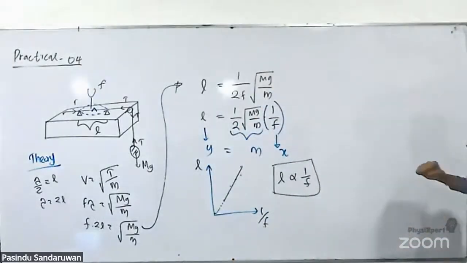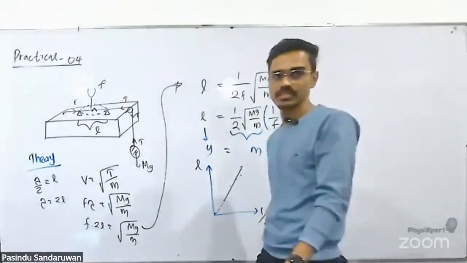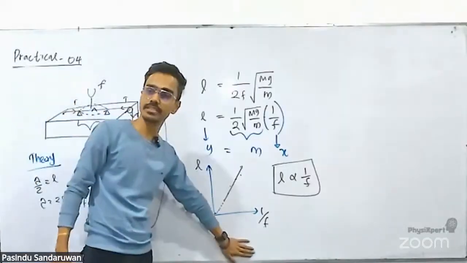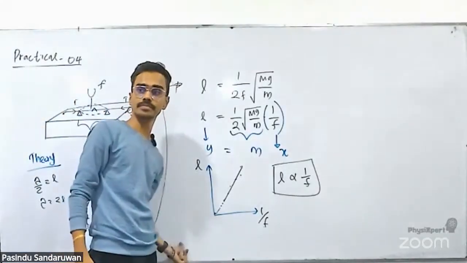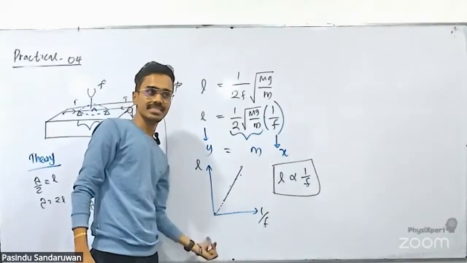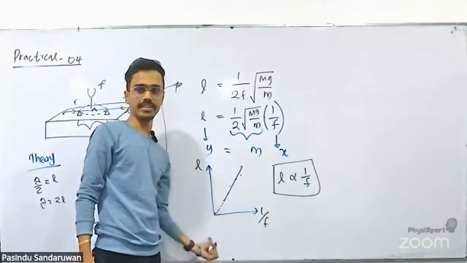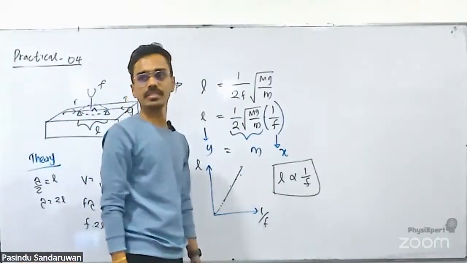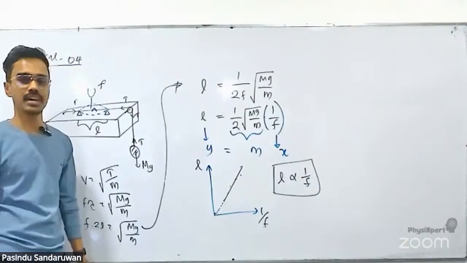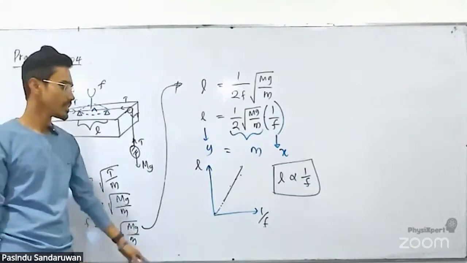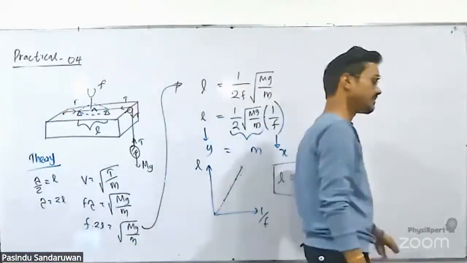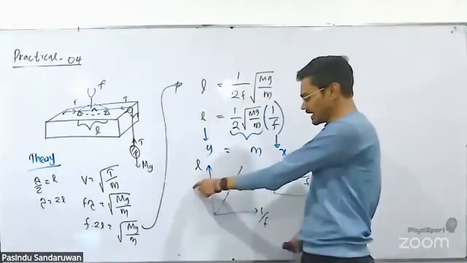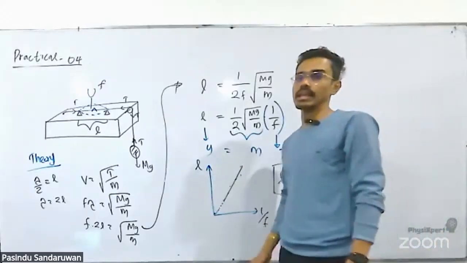Right, wait a bit. Finished? Okay, write down the method. Before the method, write below: if the graph between L and 1 over f